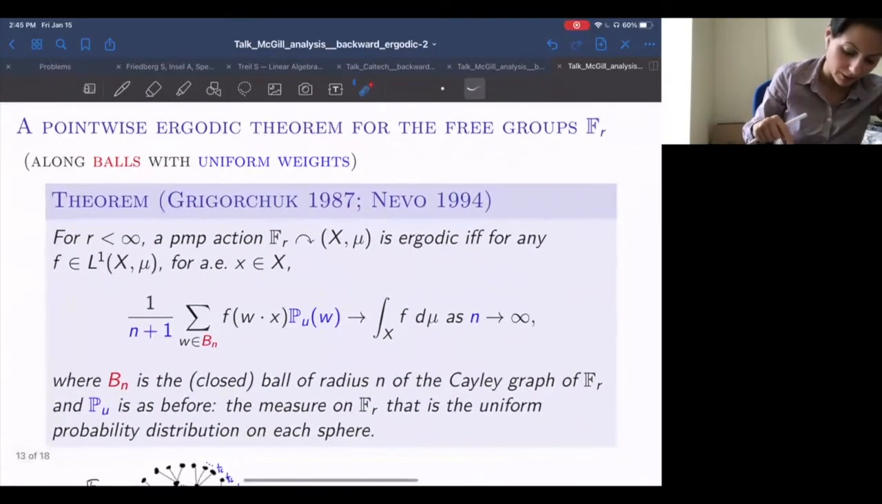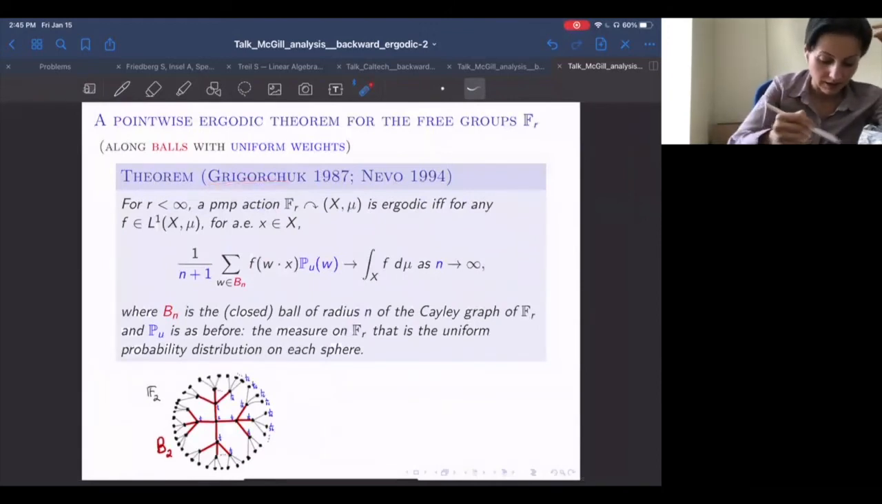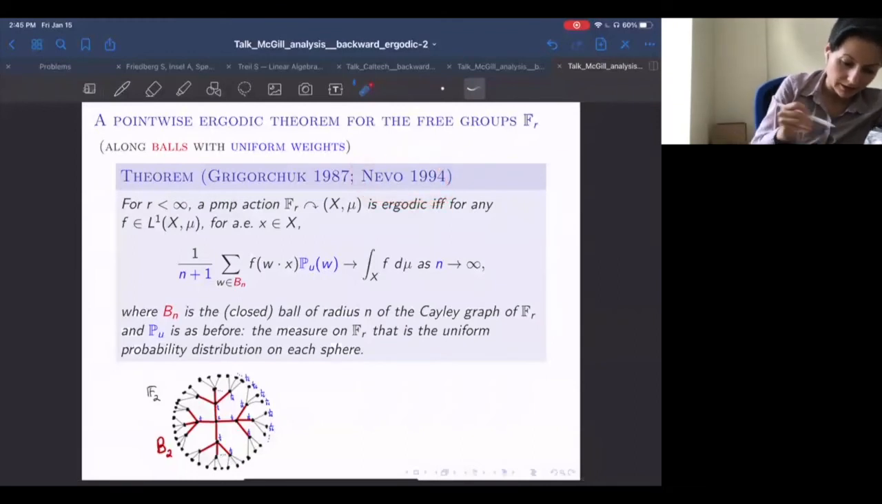One can similarly prove an ergodic theorem. And this is a theorem announced by Grigorchuk in 87, or maybe earlier. So he certainly proved it first, and independently Nevo proved it too in 94. So it just says that whenever you have a probability measure preserving action of the free group F_r, and this means that the action of each group element preserves the measure, then this action is ergodic if and only if, again, for any L1 function, for almost every x,